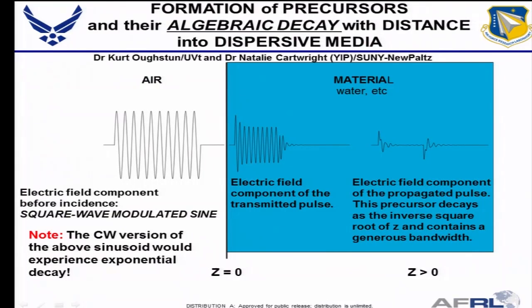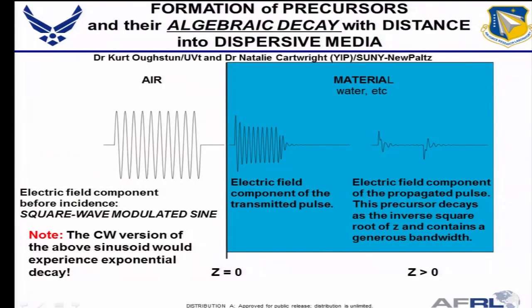Many years ago, I was asked by Armstrong Lab, which is currently the RH, Human Effectiveness, to look at the question of very short pulses, which were produced by radar technicians when they were turning on and off the radars on parked airplanes, on parked F-15s and parked F-16s, to look into the question as to whether these transients that they produced were really harmful.